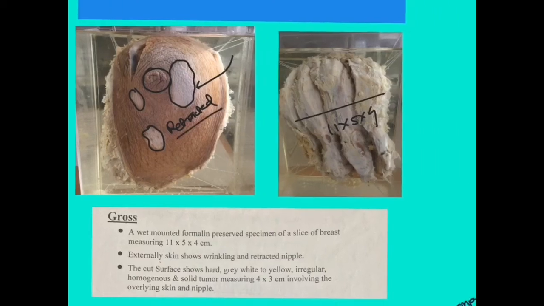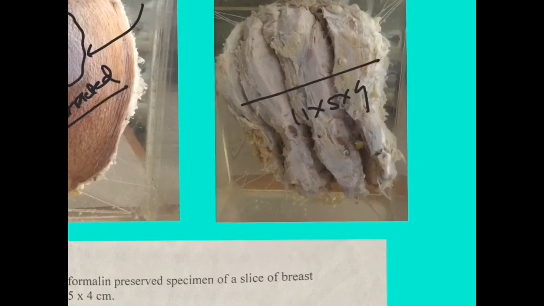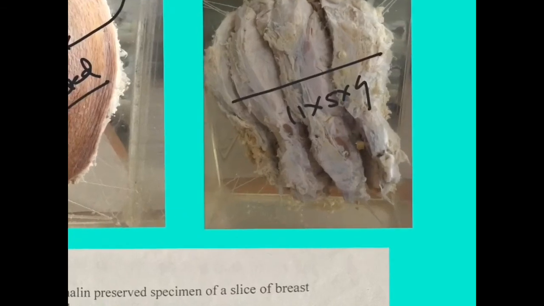Another point regarding the thumb rule is the description of the tumor. Here you can see the tumor, which is grayish white in color and around 3 into 4 centimeter, with irregular margins. This is on cut section. Basically, if you take a breast like this, with nipple and areola, you section the breast at a distance of 1 centimeter, and this is the same specimen.